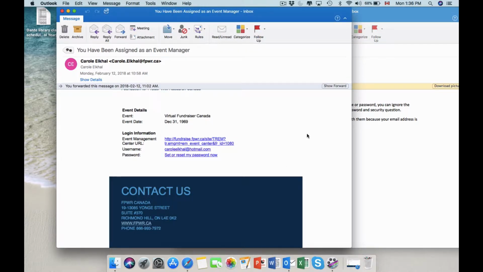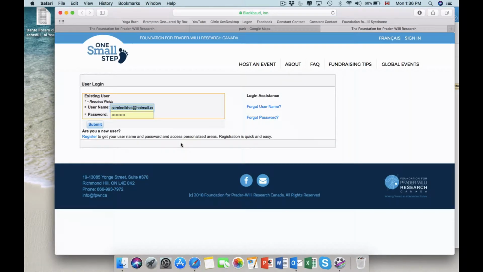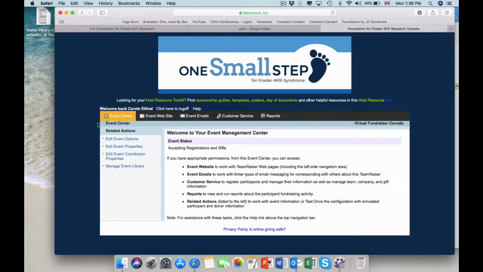So once you've changed your password, you come back to this email, the first one, which is you have been assigned as an event manager, and you click on the Event Management Center URL, which will take you to this page, and basically you put in the new password you've selected, and you click on Submit,